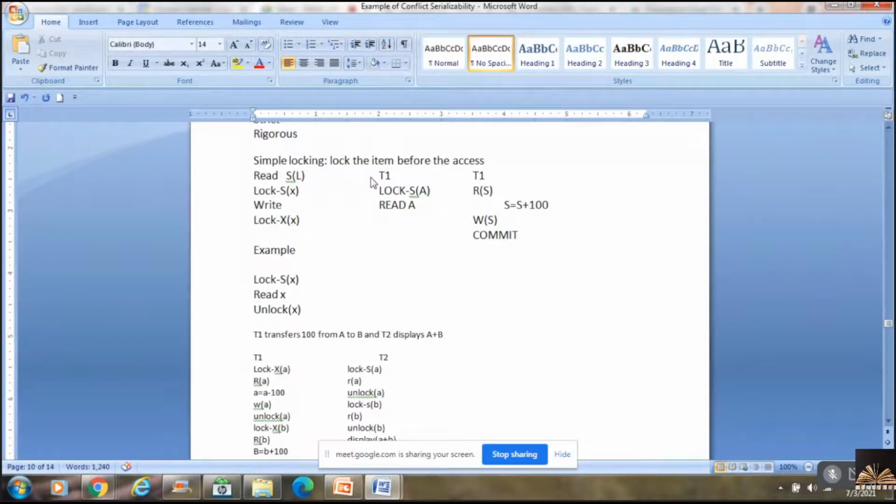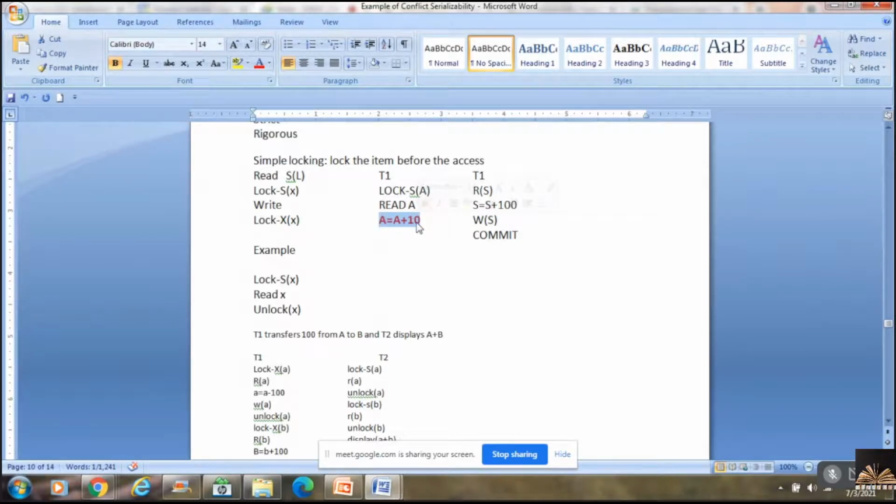And if I say A is equal to A plus 10, this would give me an error. This particular statement did not give me anything before because I was working without the concept of locks. But here I'm applying a shared lock, which is a read-only lock. Then I can perform only read operations. I cannot perform any write operations over here.